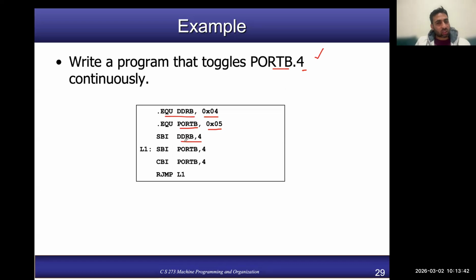So remember, what does this instruction say? This instruction says set the bit number 4 of DDRB register equal to 1, which means that the pin 4 of the port B is set as output pin, right? And then we have configured the pin. Now we will set the value we want to deliver as output on that pin, right? So first we'll deliver 1, then deliver 0, right? So first we are saying set the bit, which is bit number 4 in port B register. So it will be set equal to 1. And then we are saying clear the bit number 4 in the port B register. And then first we will have